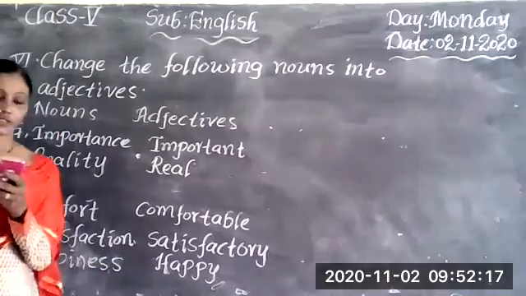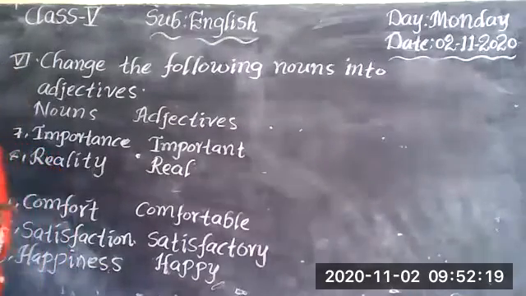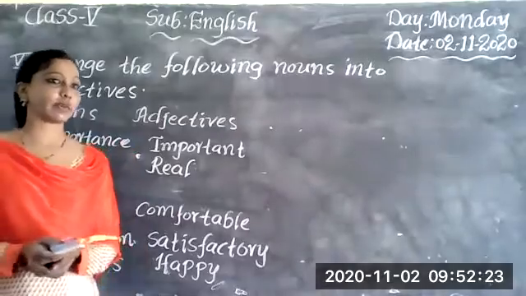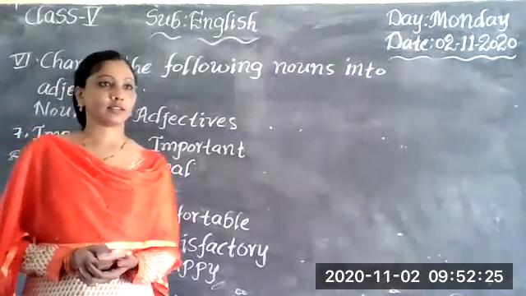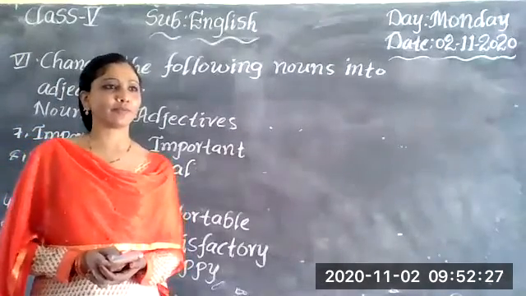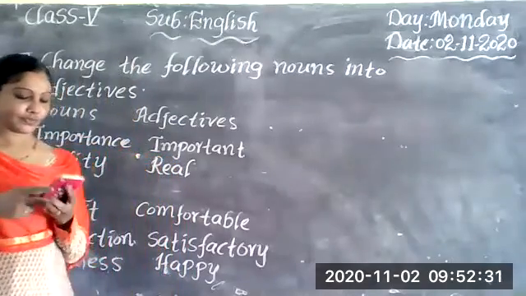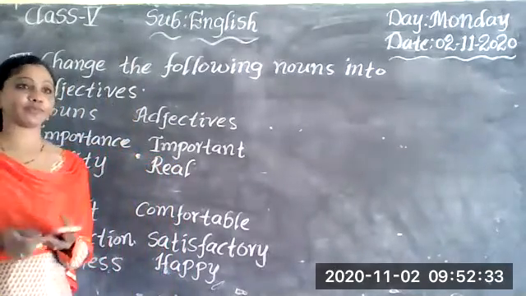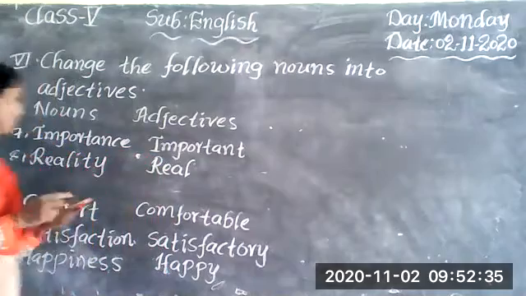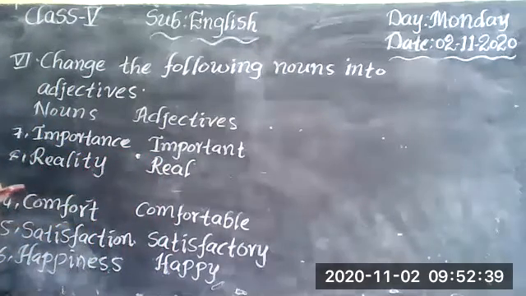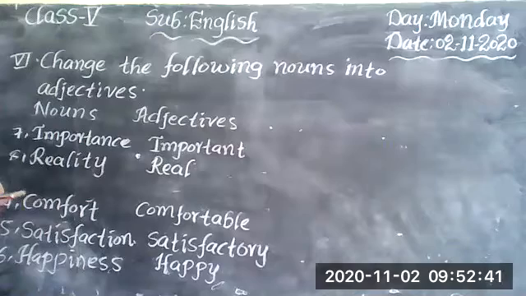Okay. So this bit completed. And the next bit I already explained. Interrogative pronouns I already explained in the previous class. Did you remember? Okay, very good. So, shall we go to the next bit? We have completed the sixth bit and the seventh bit also we have completed previously. So, we will go for the eighth bit. Okay.